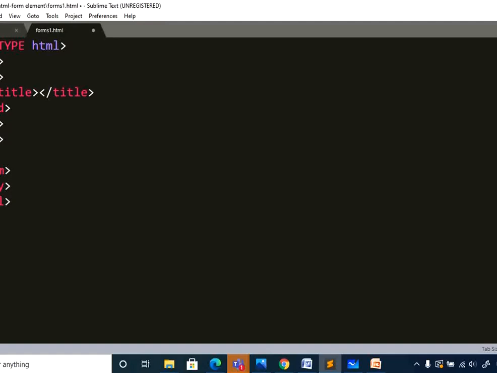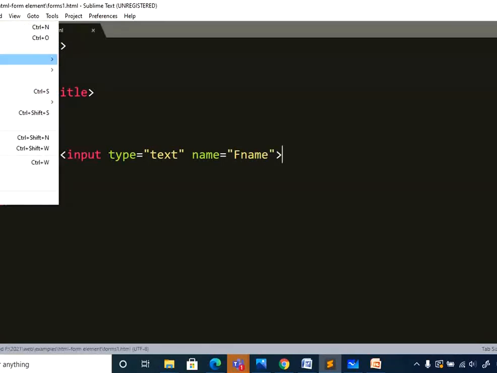For example, username, just put a colon, then input space type. Here I'm going to specify it is text. What is the name I am going to give here? It is fname. We'll add the other attributes one by one. So save it. Are you able to see?